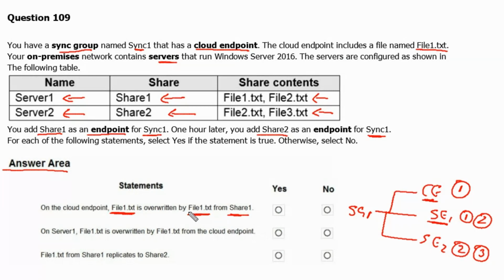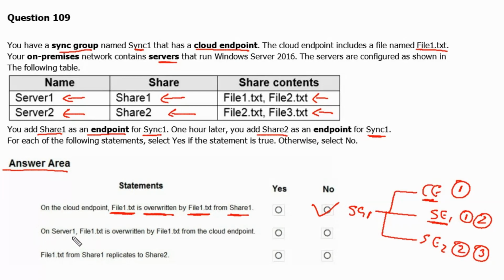It never overwrites any file added through any endpoint. Therefore, this statement would always be wrong whenever we have any overwrite type of statement. It is handled through the conflict resolution strategy of File Sync, and it will never overwrite any files added through any endpoint. Therefore, this statement is wrong.